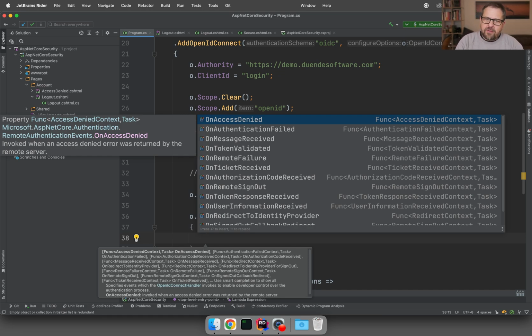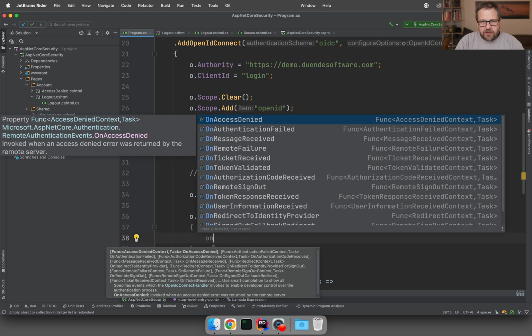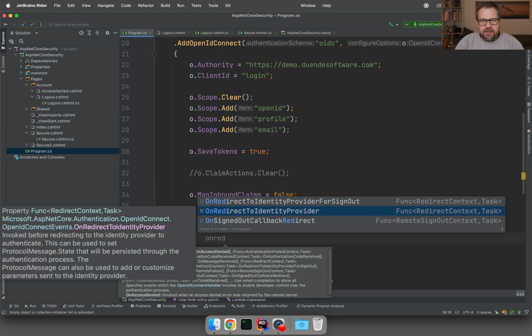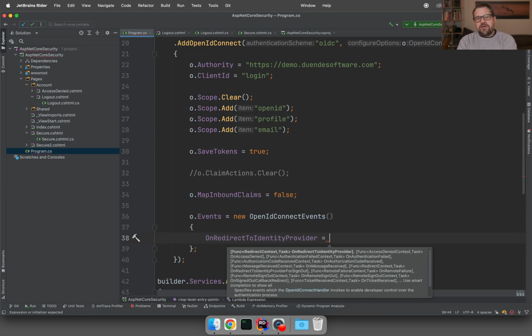I want to make you aware of a couple of them. One is called on redirect to identity provider. Okay, so that is one that is sometimes used, and that is if you want to dynamically inject parameters that you want to send to the